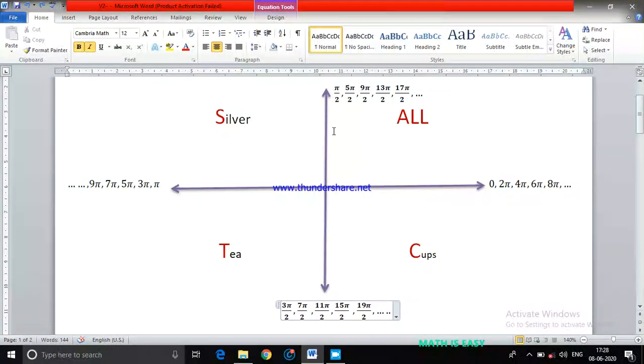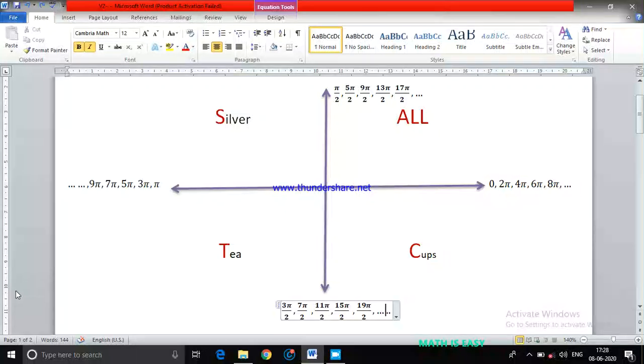I hope you understood how these angles have to be remembered, which angle comes on the positive x-axis or negative x-axis, positive y-axis or negative y-axis. One more way also you can remember. One logic I discussed is 0 pi by 2, 1 pi by 2, 2 pi by 2, 3 pi by 2, 4, 5, 6 pi by 2, 7 pi by 2, 8 pi by 2, and this process goes on.